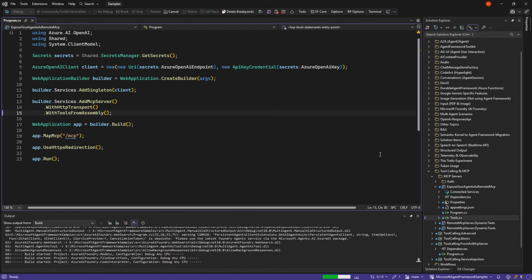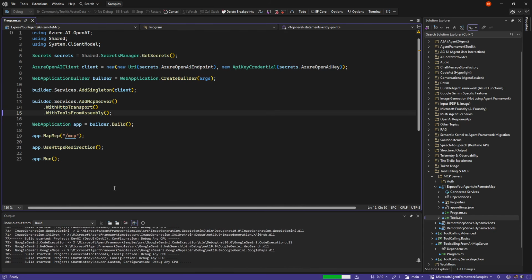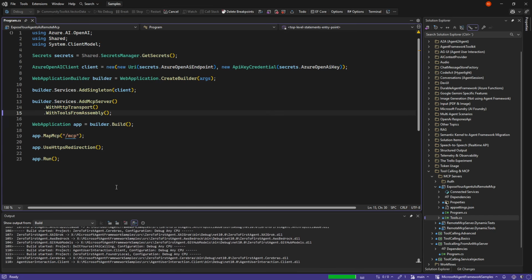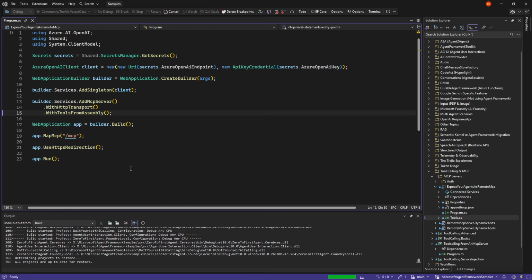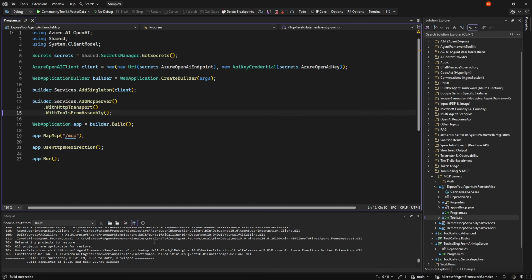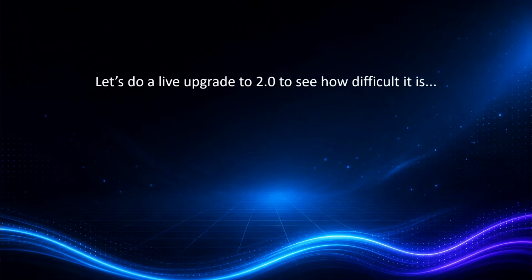And I have a lot of projects, that's the reason why it takes so long. But once it's done, we will see we have absolutely no build errors. And if we were to use this and run it, it will work exactly the same. Because luckily, 2.0 is 100% backward compatible with a twist. So let's get into that.